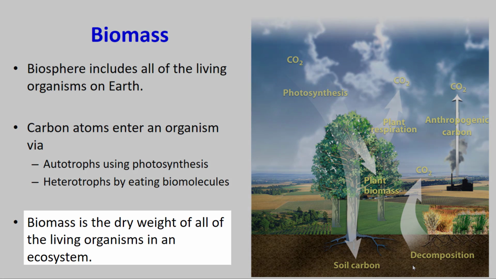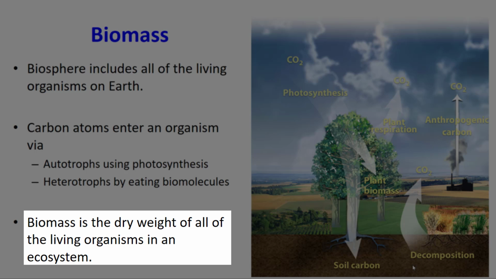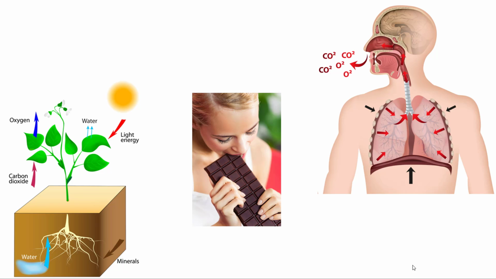When we talk about biomass, it's just a measurement. It's measuring the amount of weight and mostly carbon atoms of all living organisms in an ecosystem. So the big picture, right? Autotrophs or plants will take in carbon dioxide, they'll drink some water, perform photosynthesis, they'll make sugars. Animals or humans will come around and go and eat the plants, right? And of course our body will use those sugars and will perform cellular respiration. And then of course we breathe out carbon dioxide to the atmosphere.